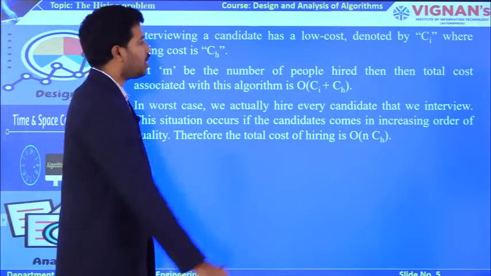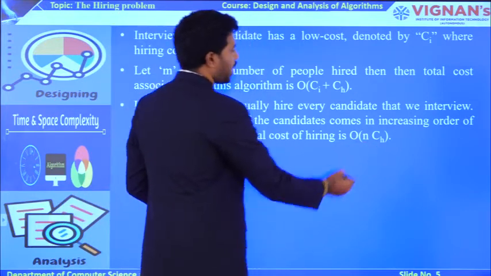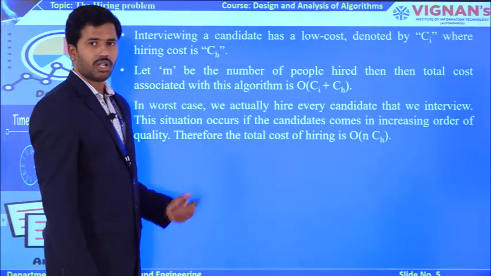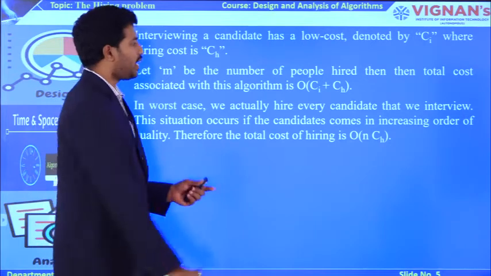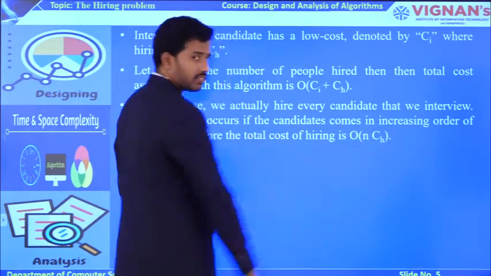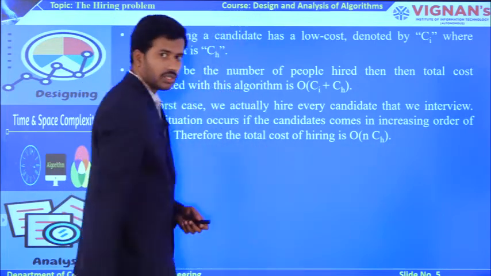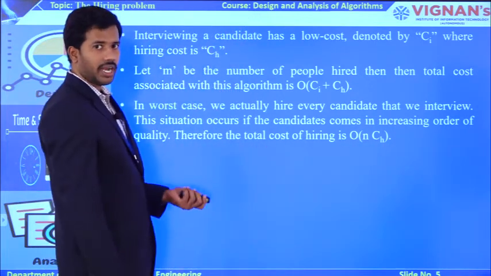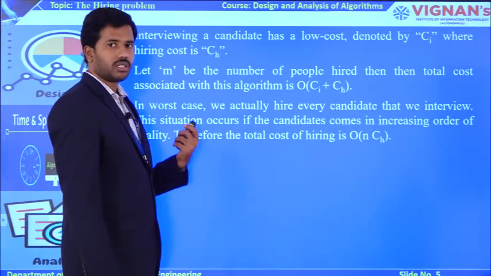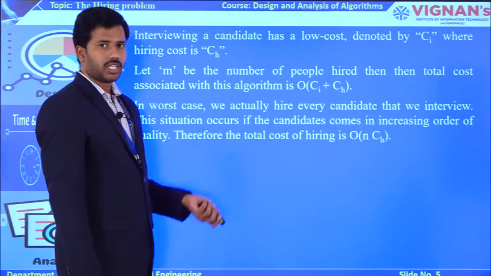So that's why here you are going to have a situation where you need to hire all the candidates, all the n candidates. So this n defines all the shortlisted candidates, right? And the cost to hire a candidate is going to be C suffix H. So that is the main theme behind the time complexity of this hiring problem